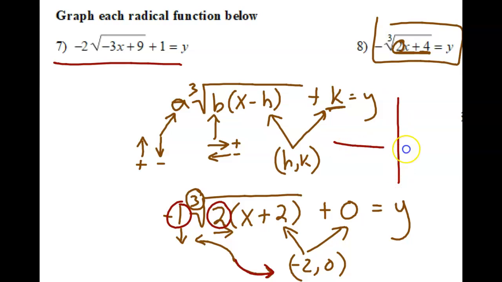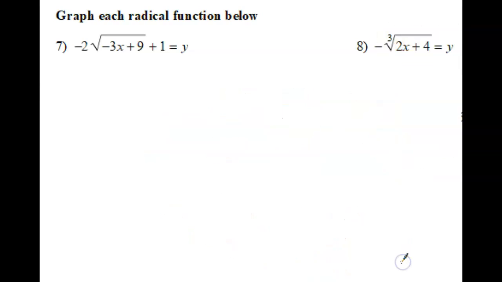So graphing this then, my starting point is negative 2, 0, right and down. And like I said, if we were just doing a square root, that's where we would stop, but with a cube root, we're also going to do this. And then we're good to go. That's the graph. All right, let's go ahead and we'll move on to our next problem,